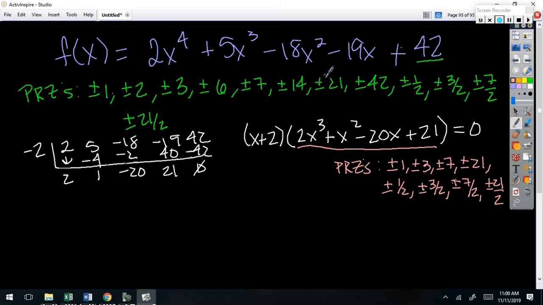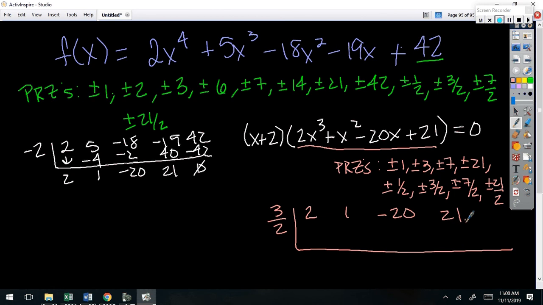And some of them might be imaginary, that's okay. So, is it positive or negative? Does it cross at positive 1.5 or negative 1.5? Positive. So remember, we want same sign for zeros, opposite sign for factors, right? All right, so this time I'm just doing 2, 1. What's wrong? Wait, you said it was positive. Yes, it would be. So negative. The factor would be x minus 3 over 2, but the zero itself is 3 over 2.